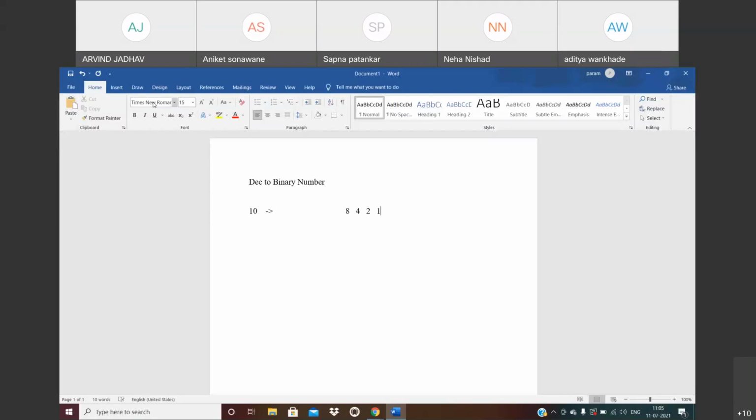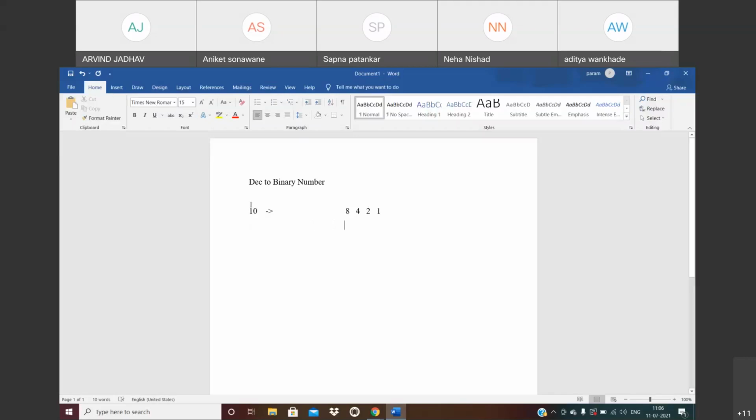How will it work? At the first point, it is 1, and the second time it will be double. 1 plus 1 is 2, 2 plus 2 is 4, 4 plus 4 is 8, 8 plus 8 is 16, 16 plus 16 is 32. We can increase the size up to whatever we want. So, for example, if you want to calculate the binary of the number 10, we need to calculate the addition of binary decimal numbers.